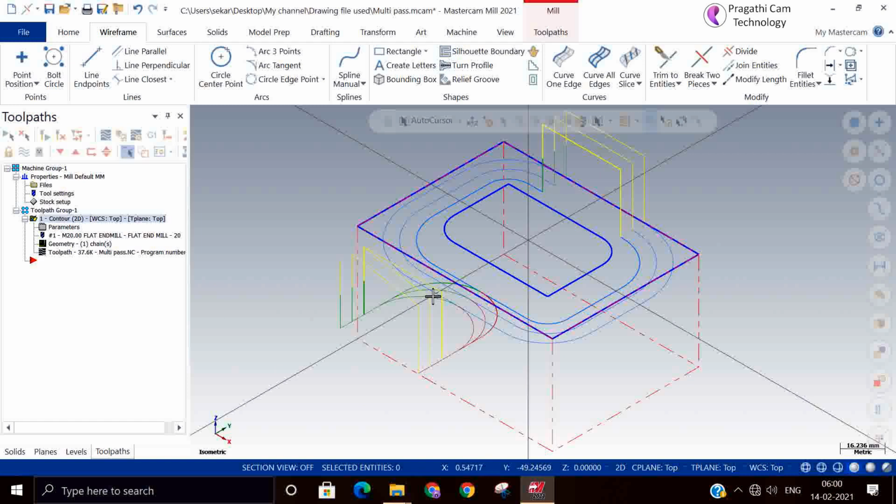If the job is so big or you made many step clamps, wherever the step clamps are there, you can define the tab. So the tool path will go to that particular place, retract, and next it will start to cut. Okay, this is the tab machine.